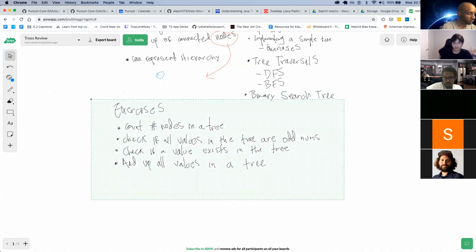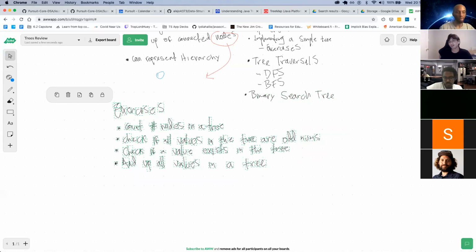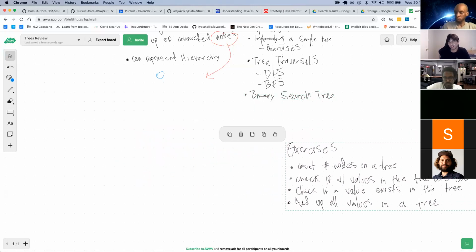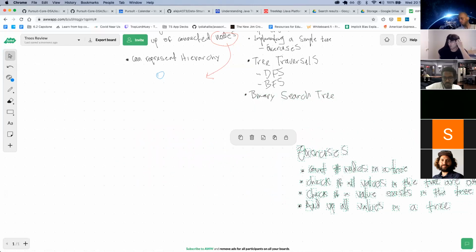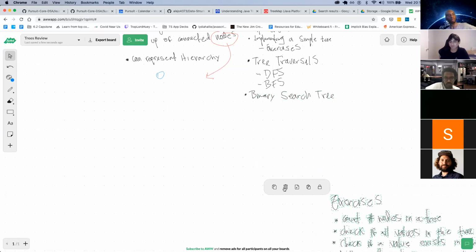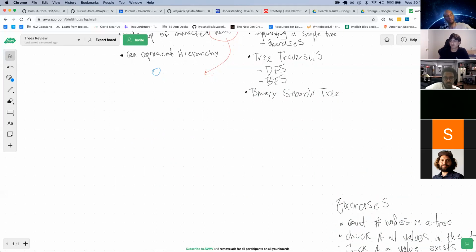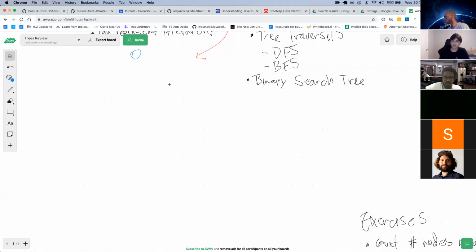That's a good question. They are not a type of tree, but what makes you think so? What makes me think they're a type of tree? Say that again? Is your question what makes me think they're a type of tree? Yeah. Just the structure of it, the way that a linked list has nodes and you can traverse it similarly to the way you would traverse a tree.